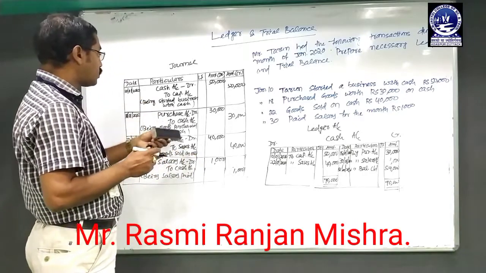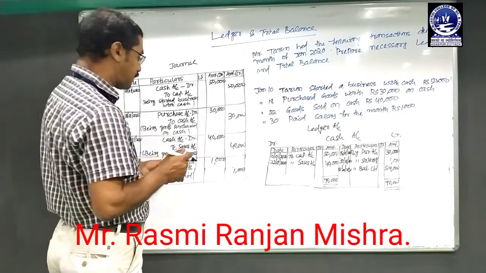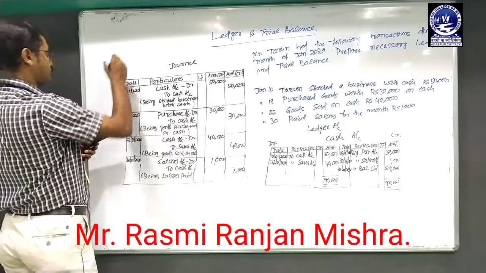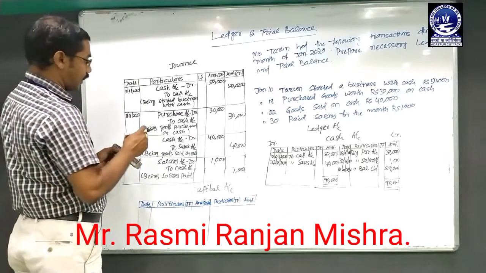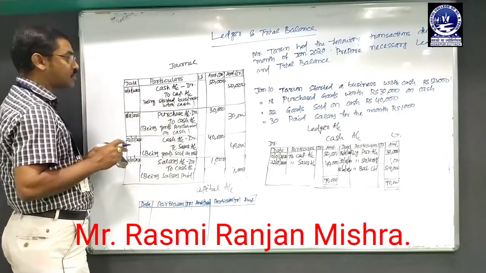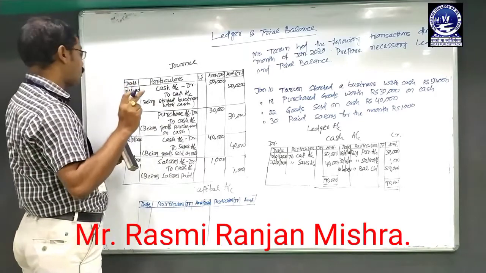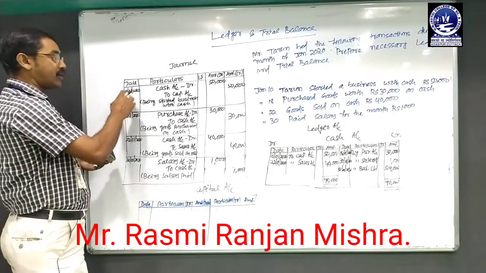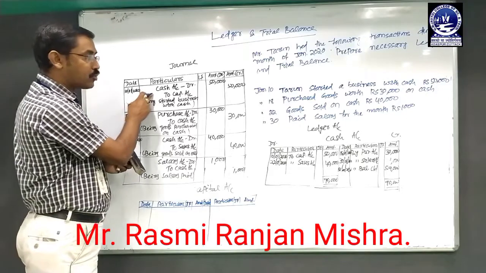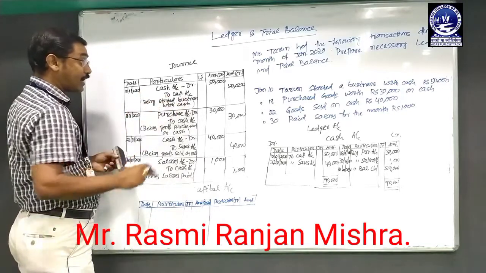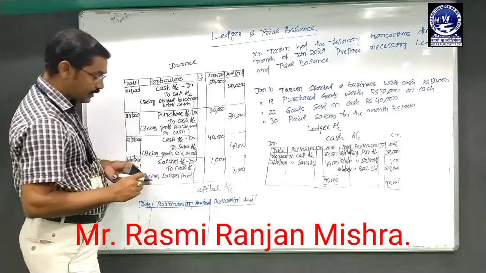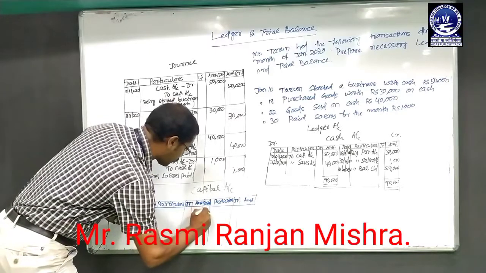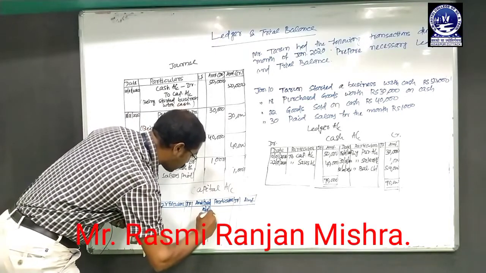Then next we have to go to another account, that is capital account. We make a ledger account of capital. So here only one entry relates to capital, which is made on one date, that is on 10th January, and the capital account is credited. The journal entry on 10th January is cash account debit to capital account. So as capital account is credited, we directly go to the credit side of the capital ledger account. The transaction is made on 10th January. So in the date column, we have to put 10th January 2020.